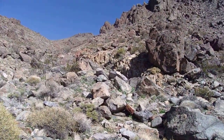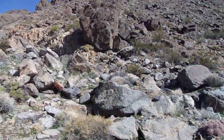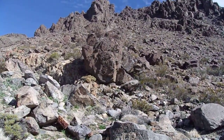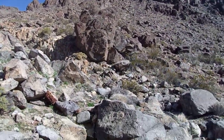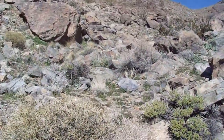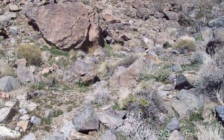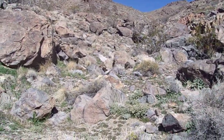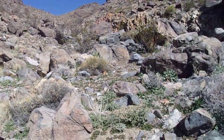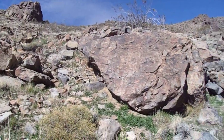But I don't feel all worn out like I did when I hiked Silver Peak, when I had to climb up a gully to get to that one. That was back in the end of January, and I felt a lot more tired on that one because it was very steep and it was loose pretty much the whole way up. This, I mean, it's got its loose spots, and I do have to do some heaving of my upper body to get up where I'm trying to go, but